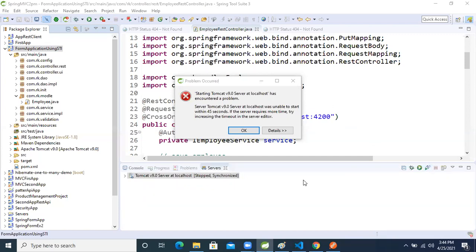I'm stopping screen sharing, guys. Please wait, I will run the application, then I will share again. Now let's share the screen.